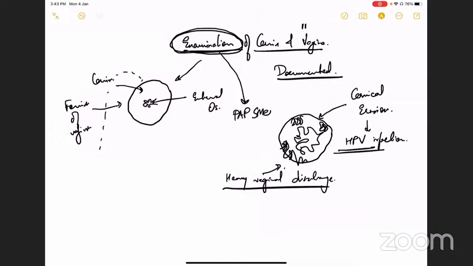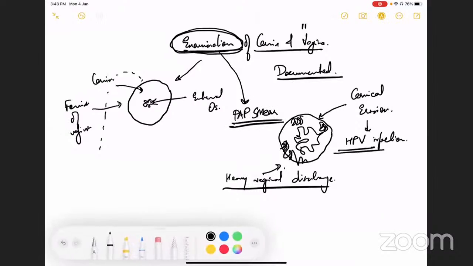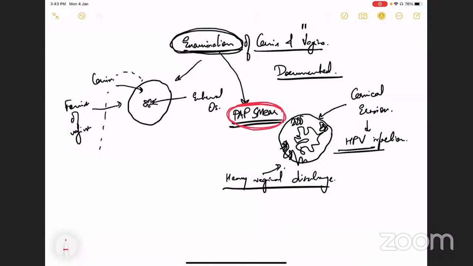is so important, which is called the pap smear. And because it is so important, I'm writing it down this way and I'm circling it with red. Remember, as family physicians, this is something which you must do. When you have a cervix like this, you must take a pap smear. There is absolutely no way in which you should do this entire thing without taking a pap smear. All right, you must take a pap smear, and that is something that you should learn and realize.